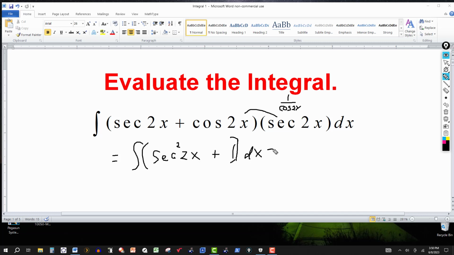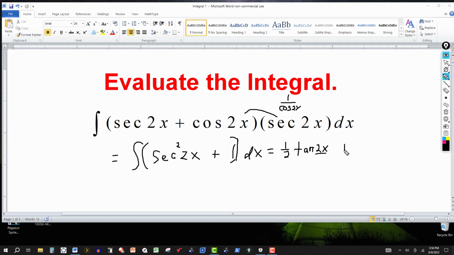And then we integrate term by term. Got a secant squared of 2x, and the derivative of what function gives me secant squared? Well, it's tangent. So this should be a tangent of 2x. And you could let u equal 2x. du would be 2dx. But all we need really is just the factor of 1/2 here, because of this 2x there,